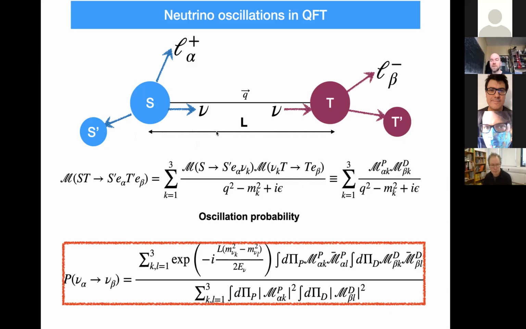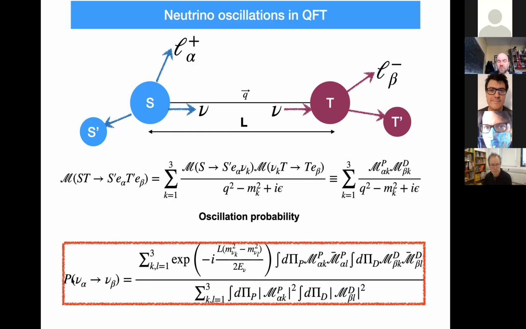Because of this propagation over some macroscopic distance, you can also have the phenomenon of interference between different mass eigenstates, if the wave packet that you started with has enough quantum uncertainty. So all in all, you can just do this calculation, in the same way as you calculate, I don't know, a cross section from the amplitude, and you find this formula